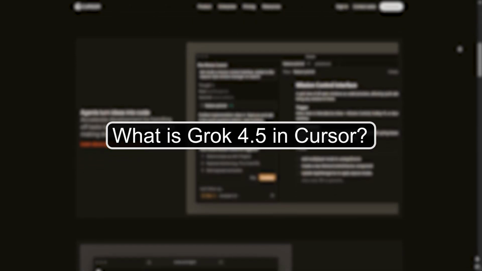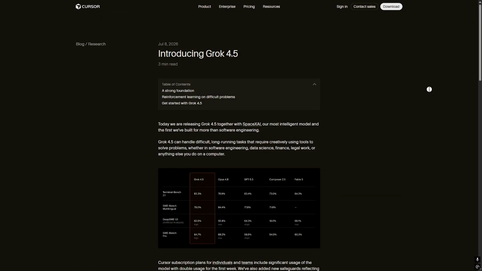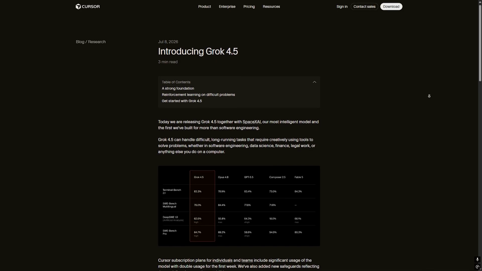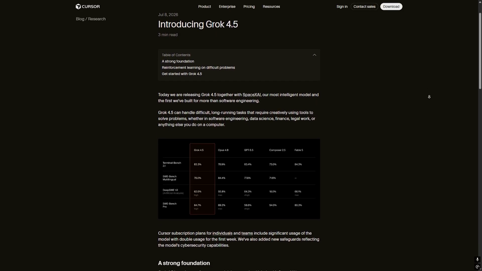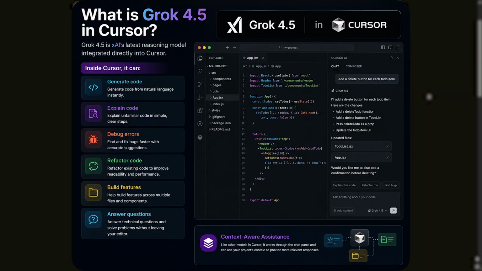What is Grok 4.5 in Cursor? Grok 4.5 is xAI's latest reasoning model integrated directly into Cursor. Inside Cursor, it can generate code from natural language, explain unfamiliar code, debug errors, refactor existing code, help build features across multiple files, and answer technical questions without leaving your editor. Like other models in Cursor, it works through the chat panel and can use your project's context to provide more